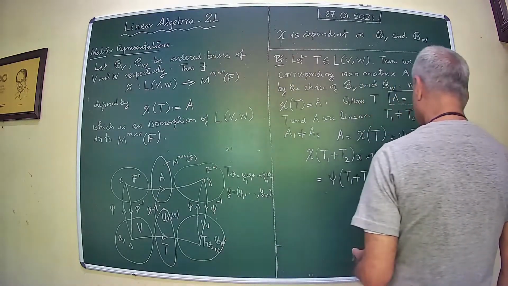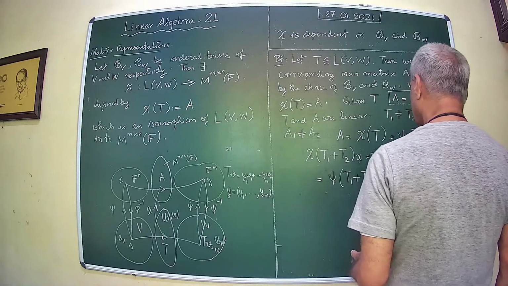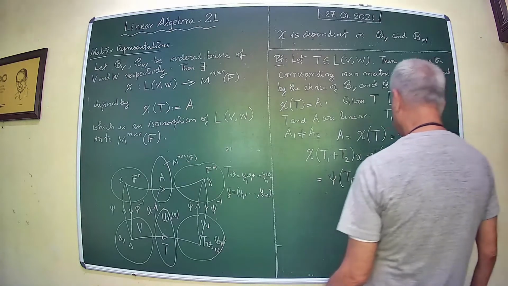And what is that? That's equal to chi of